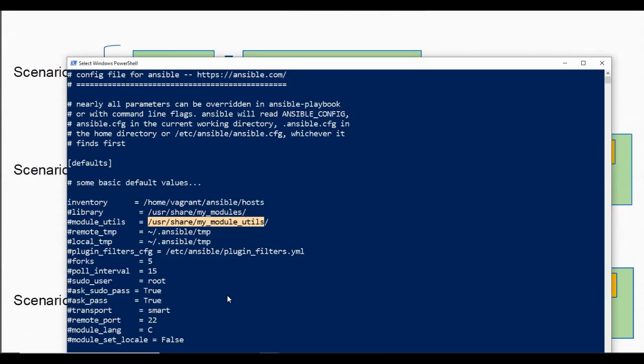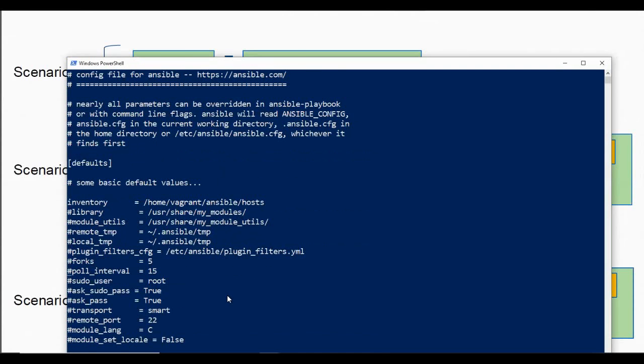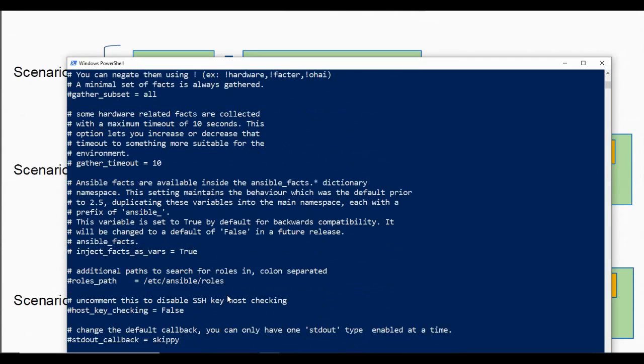So what I want to mention in here is these are some of the defaults that you will see. If I just scroll down in here, you will see a lot of other information and settings as well. Many of these are very important and critical ones as well. We will be looking into most of these settings later, whenever we make use of a particular module or a feature inside Ansible. At that time we will be getting back to the Ansible CFG file, and we might have to make some changes to these settings as well.